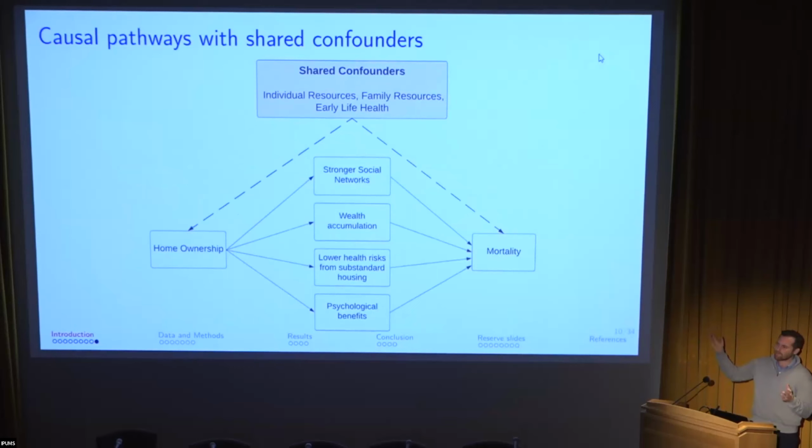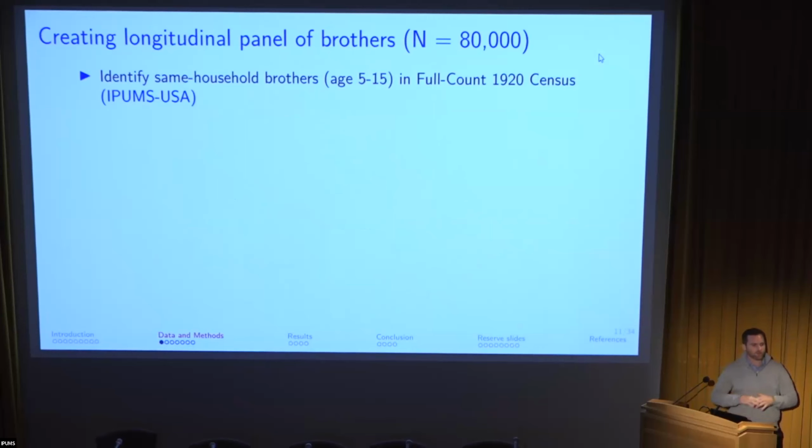Of course, when we think of that DAG, we also think of all these shared confounders between homeownership and mortality, such as individual resources, family resources, or early life health. If your family has more money, they're more likely to help you buy a home, and you're also more likely to live longer. So to try and get at this question, I create a longitudinal panel of